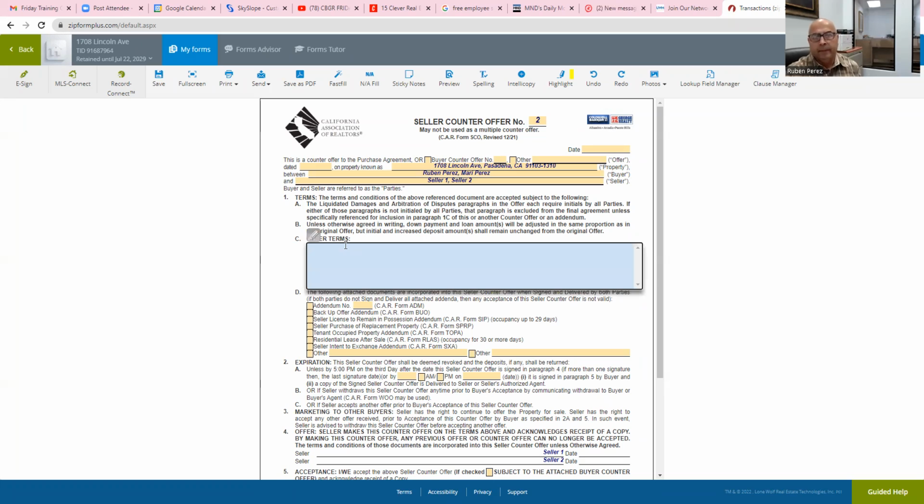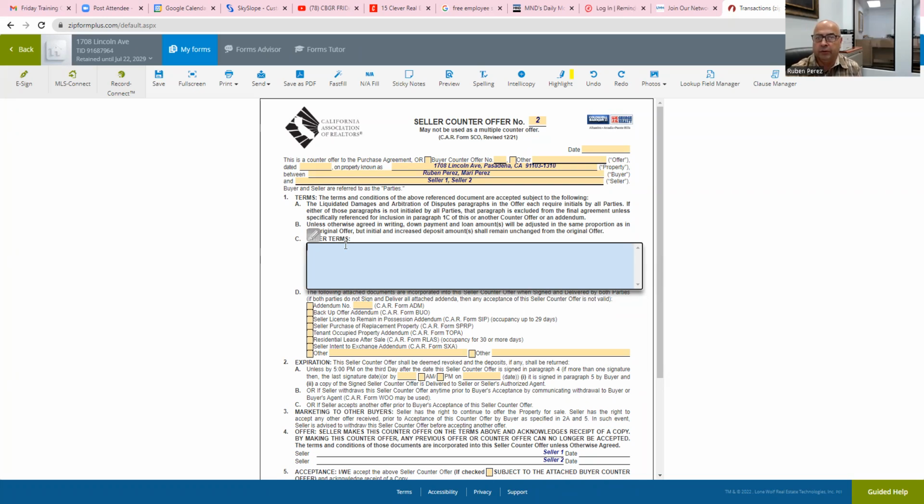And then again, hopefully, you don't get to a point where you're countering, offering number 4 or 5 or 6, and you guys come to an agreement previous to that. But there are cases where it's going to keep going back and forth until finally everybody comes to a decision. So it's just important to remember that, in this case, because we're starting off with a purchase agreement and we're representing the buyers,